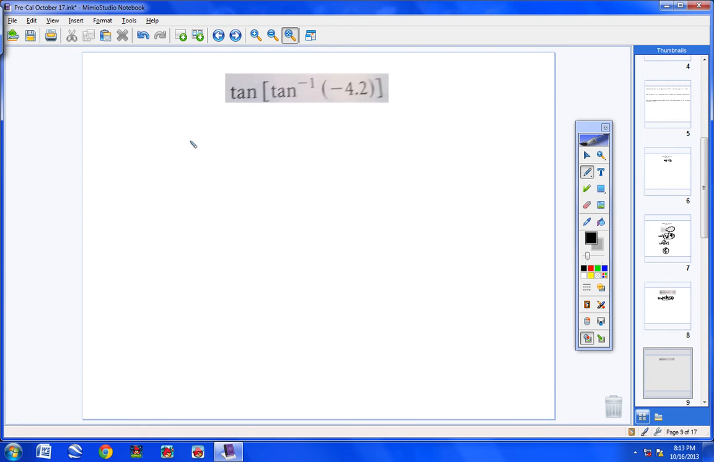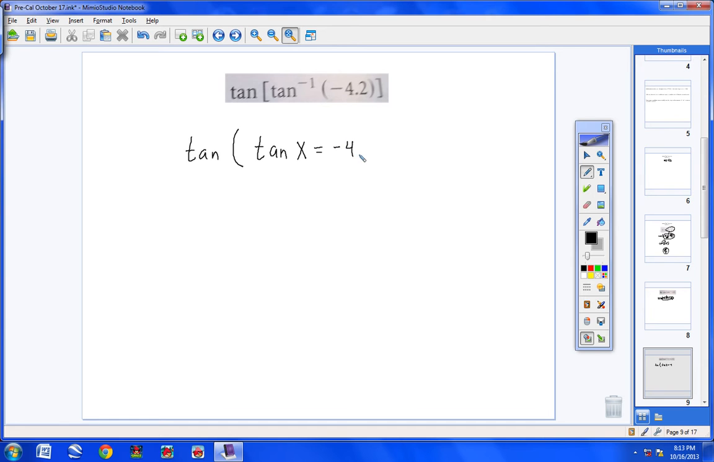All right, here we go. Now we start on the inside. Here's my tangent. I'm going to go ahead and put a parentheses. Now, inverse tangent of negative 4.2. I'm going to rewrite my inverse tangent as an equation. So tangent x equals